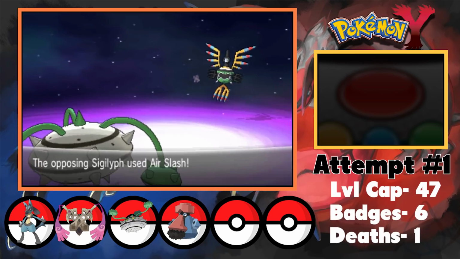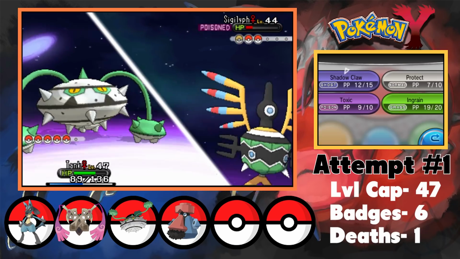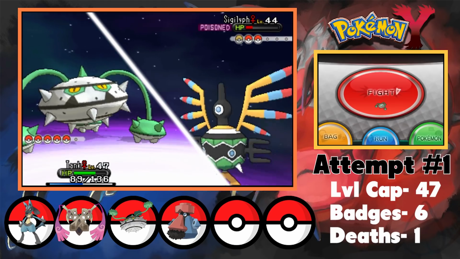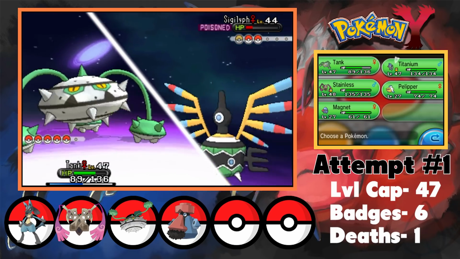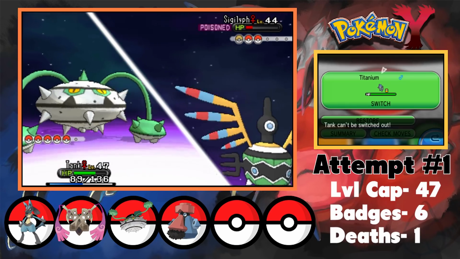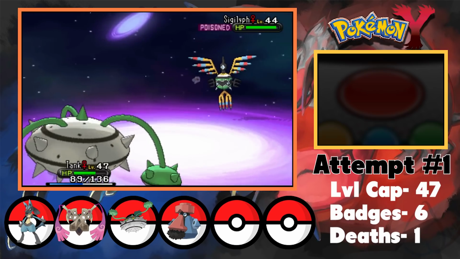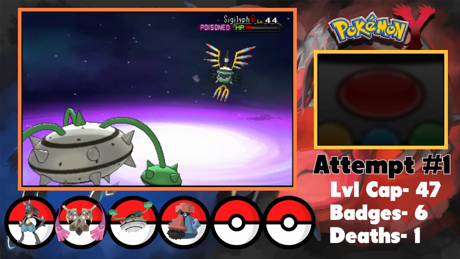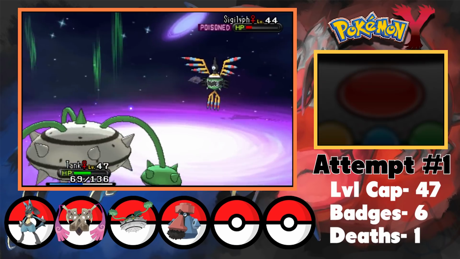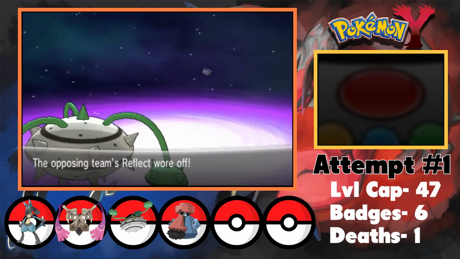Since I equipped Tank with Shadow Claw, I'm able to use that to get some damage off, and I go for a few Protects just to heal up. He's doing a lot more damage than I can possibly out-heal, so I'm getting really scared. I used Ingrain earlier in this battle, so I can't even switch out with Tank even if I wanted to. This leaves me in a really rough position, as now I can only use Shadow Claws to try and finish off the Sigilyph. I end up finishing him off with a couple more Shadow Claws, leading into her next